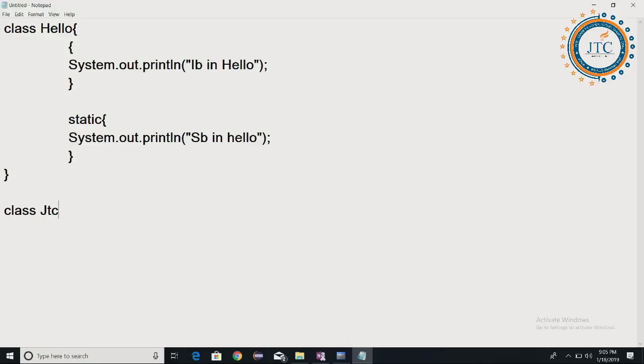And again, there is a class JTC I am writing here. There is a class called JTC, which I am going to write inside this. Fine. So in class JTC, what else am I going to write here?